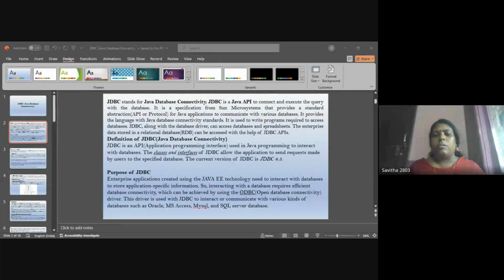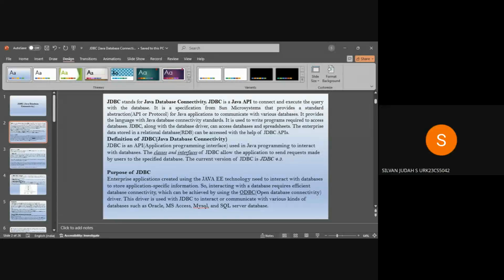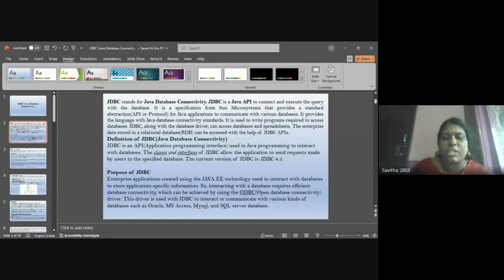So here, different classes and interfaces are used to support JDBC to connect with the different databases. The current version of JDBC is JDBC 4.3. A Java Enterprise Edition or Standard Edition program which wants to connect with the